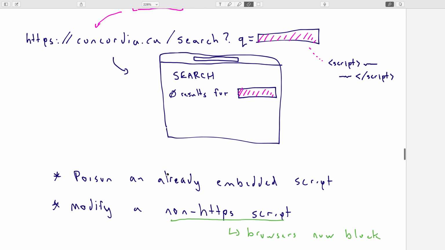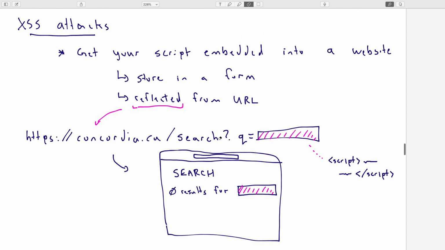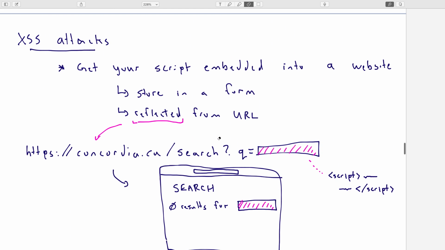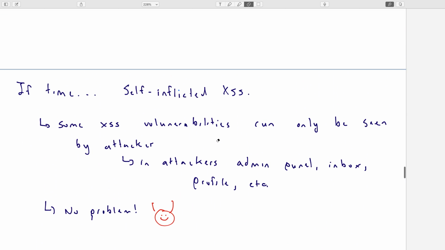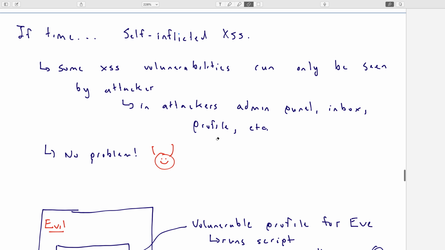Okay, questions about this, cross-site scripting? Okay. All right, so if there's time, there's a few other things I'll talk about. We have actually quite a lot of time. Okay, another kind of variant of